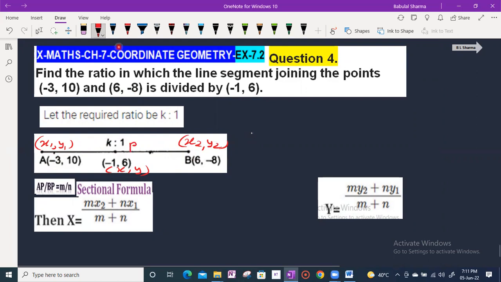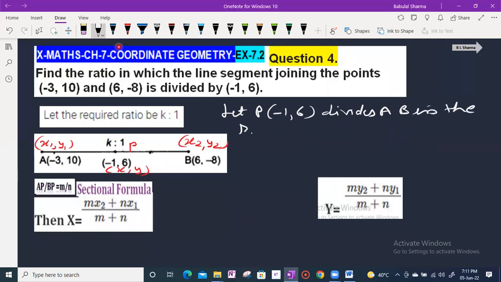So I can say here, I will write here, let point P, whose coordinates are (-1, 6), divide AB in the ratio k:1. And k:1 you can say m:n. Here in place of m we can write k, in place of n we can write 1. आप m:n भी ले सकते हैं, but generally we use